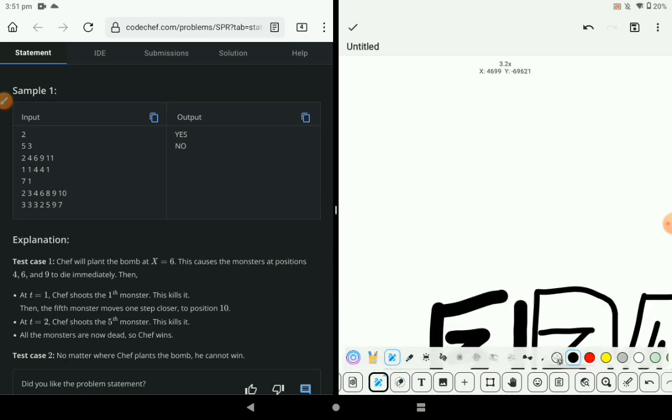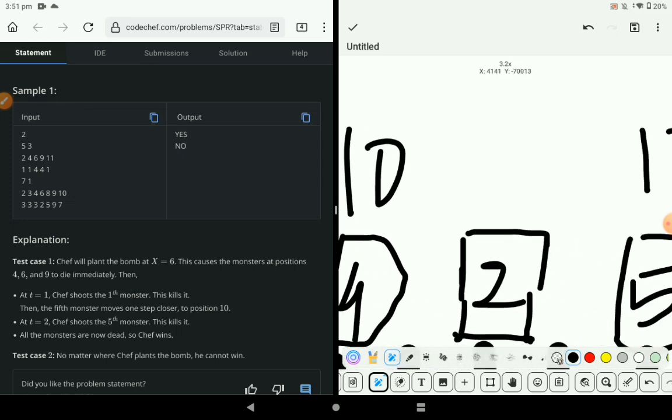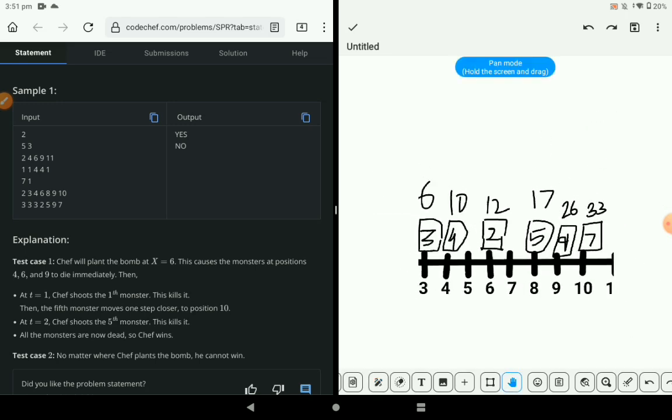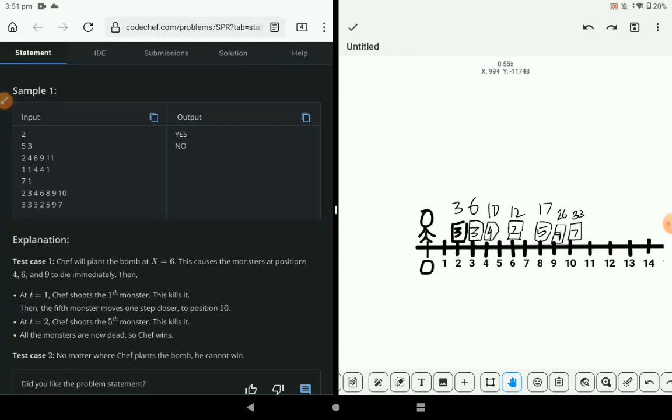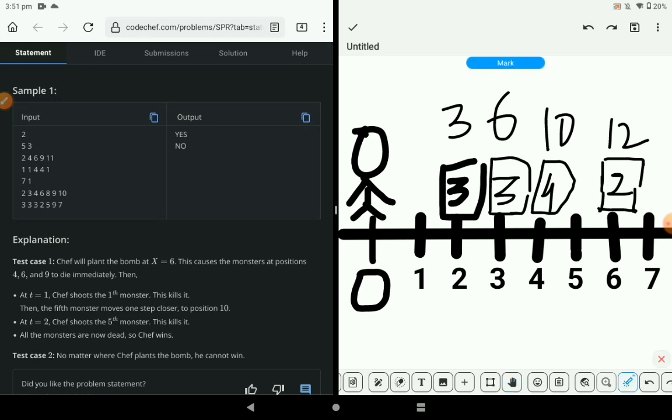ओके, 3 6 10 12 17। ओके, प्रेटी क्लियर। हाँ, सो अभी थोड़ा ज़्यादा क्लियर लग रहा है। तो अभी देखो, हमारे फर्स्ट मॉन्स्टर की हेल्थ है 3 और इसका इंडेक्स है 2। हमारे पास 3 हेल्थ वाले मॉन्स्टर को मारने के लिए बस 2 मिनट्स हैं, तो ये तो पॉसिबल नहीं है। मतलब मॉन्स्टर की हेल्थ 3 है और हमारे पास टाइम 2 है। एक हेल्थ को कंप्लीट करने के लिए हमारे पास 1 मिनट टाइम है,